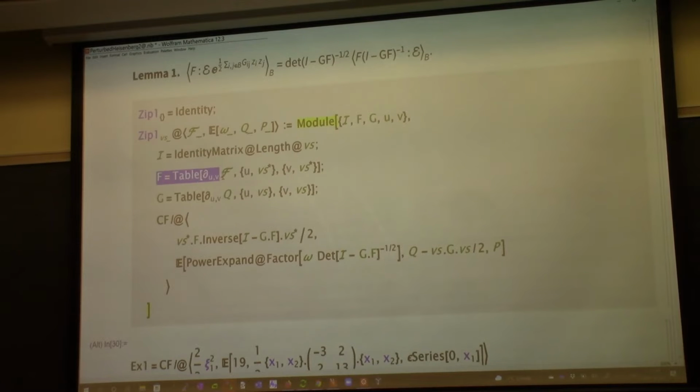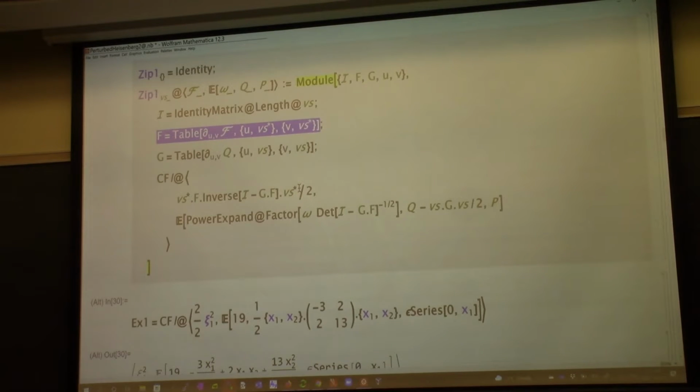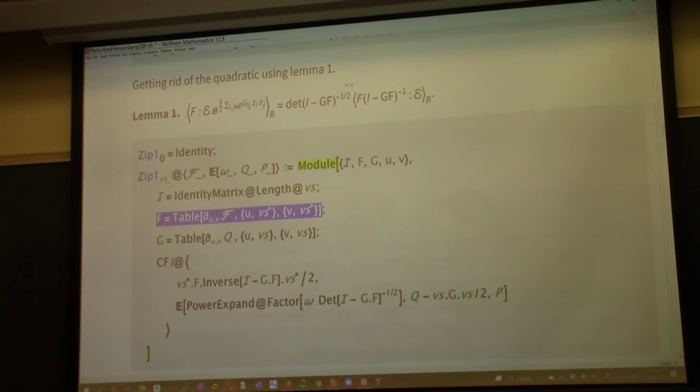You make a table of coefficients, and that table should be the matrix F. You make a table of coefficients for G, and you write the answer, and then the output is